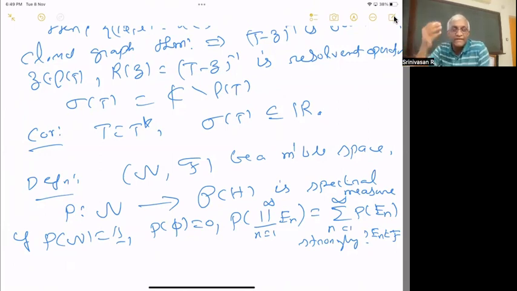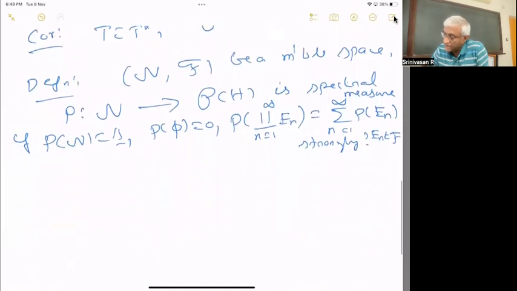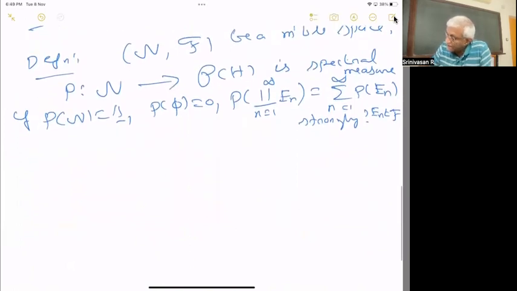We haven't done complex measures in the other course also. But if you want, you can look at those videos which are there, or you can read the book, of course, where complex measures are discussed. So this is what is called a spectral measure. And so, given a spectral measure, if P is a spectral measure,